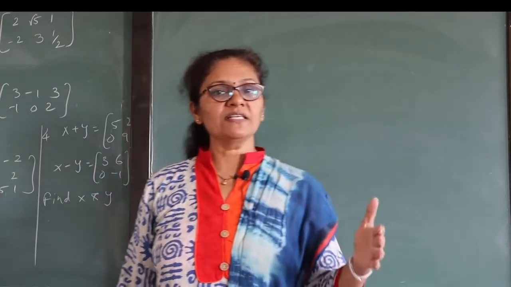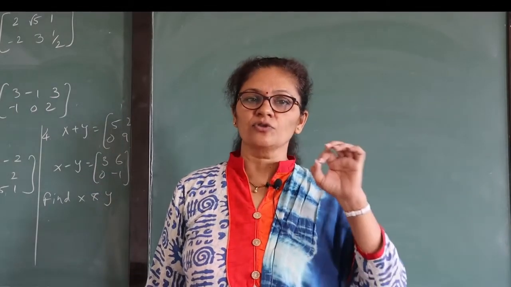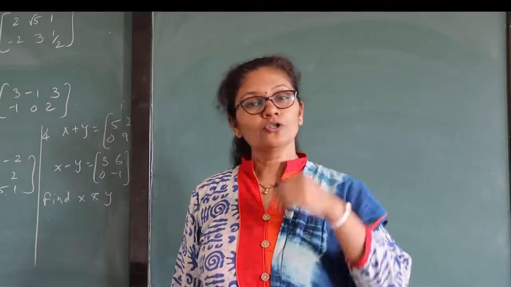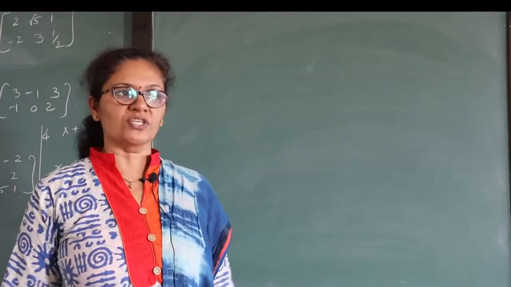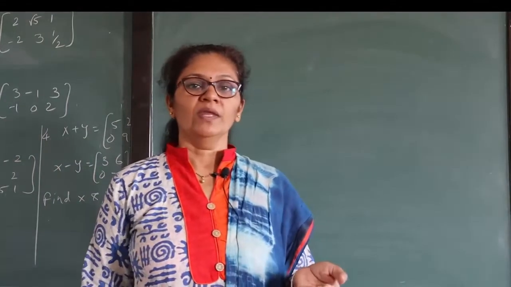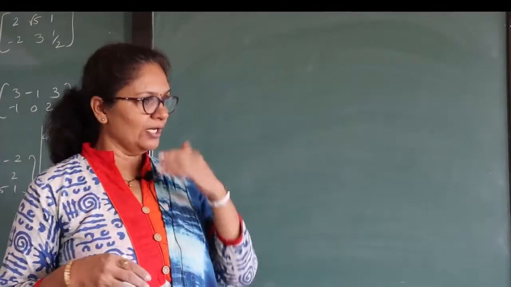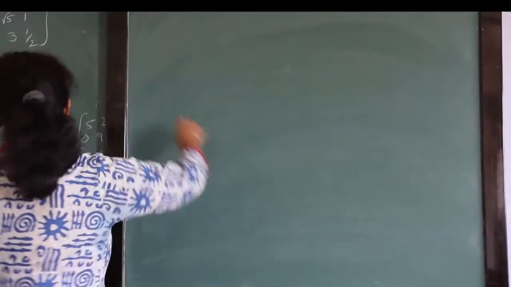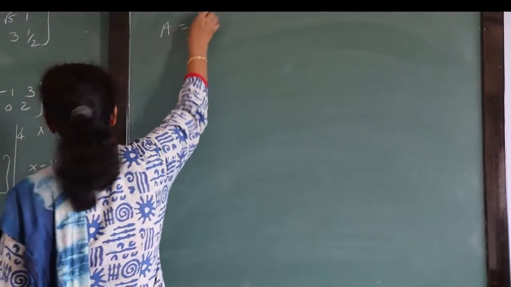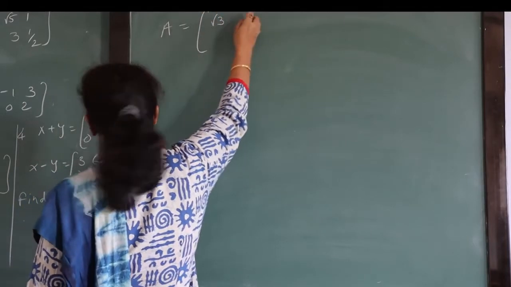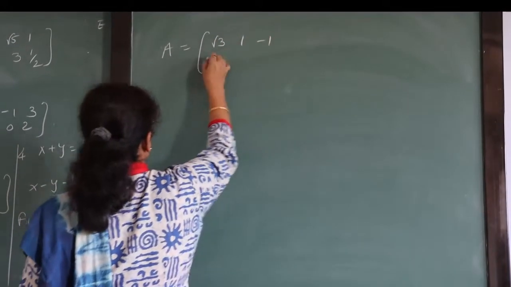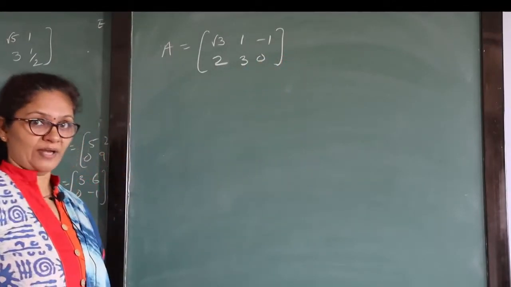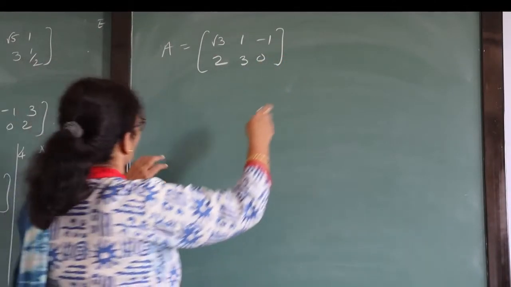Now in the previous class we have already discussed the operations: addition, subtraction and multiplication with a scalar. So now let's practice a few more questions, in different ways, and how they can be asked in the exam. First, we will take one example A. Now we have changed the type of matrix. Up till now we have discussed square matrices. Now we have started rectangular matrices.